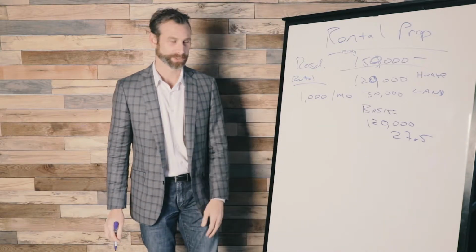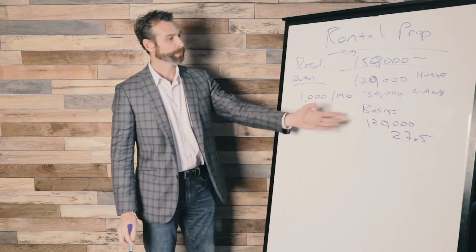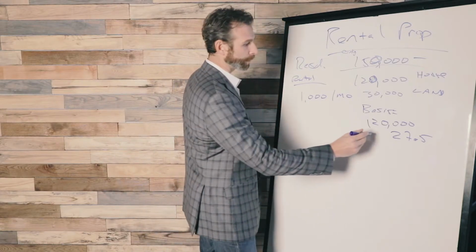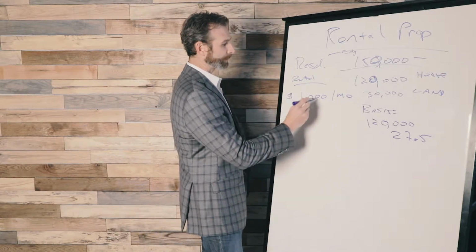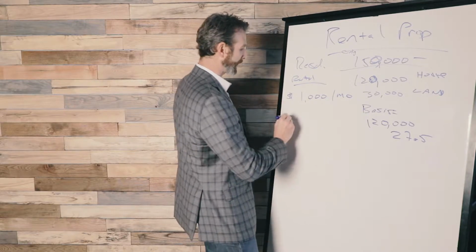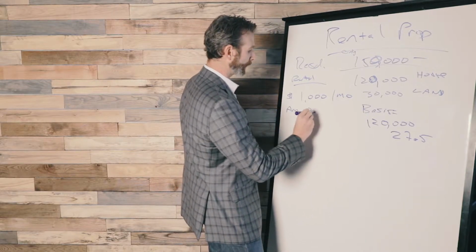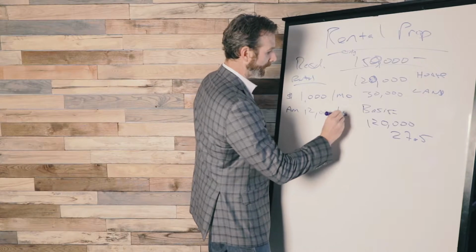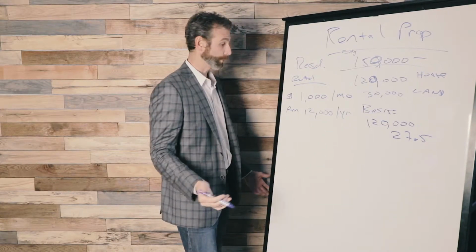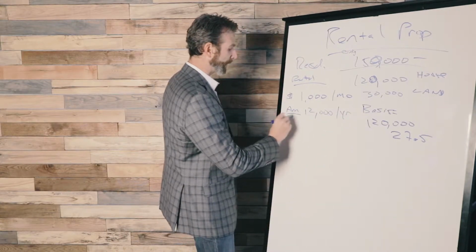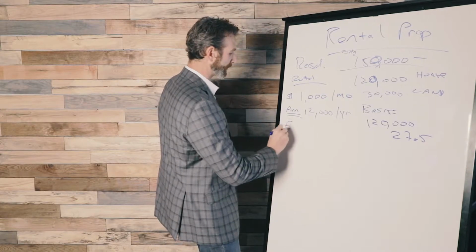So I'm not going to get into the weeds a little bit on that. All right, so we get to depreciate a piece of this property. I mean, we get to push over, so we have $1,000 a month in income. So it's going to work out annually to be $12,000 a year in rental income, if we have it rented the whole year. So now we have to track our income, and then we track our expenses associated with